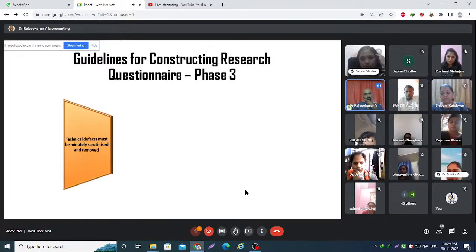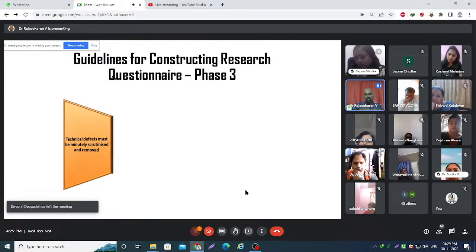First thing, technical defects must be minutely scrutinized and removed. I would say even a spelling error, construction error, punctuation error, everything, I'm telling at the grammatical level. And technical also means there are some subject-specific technical things involved. Kindly ensure that they are given properly. You should not give a wrong value in the questionnaire when you ask the respondent to fill it up. So you have to ensure the credibility of the questions